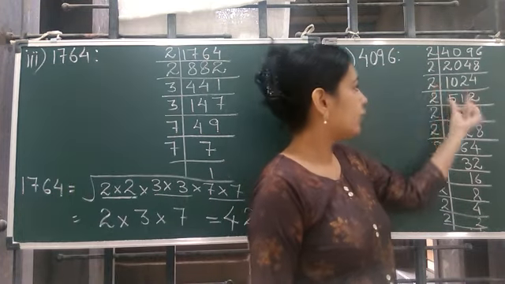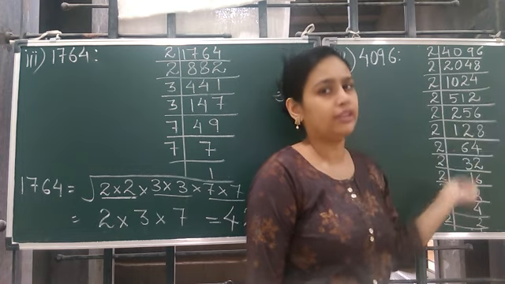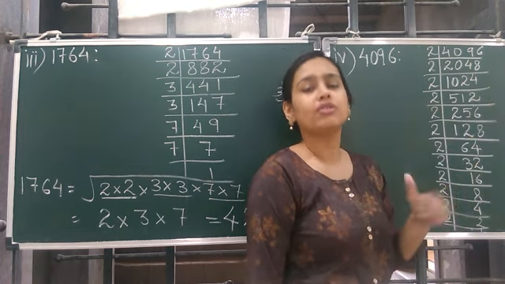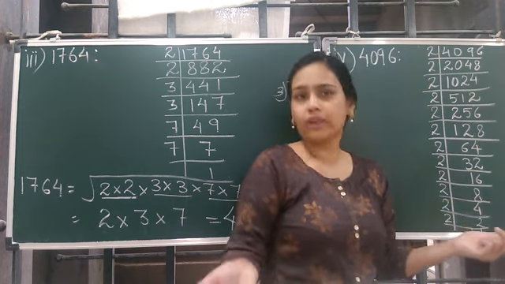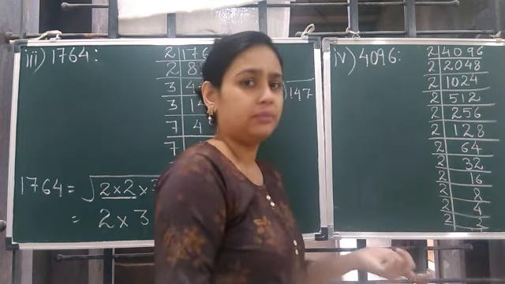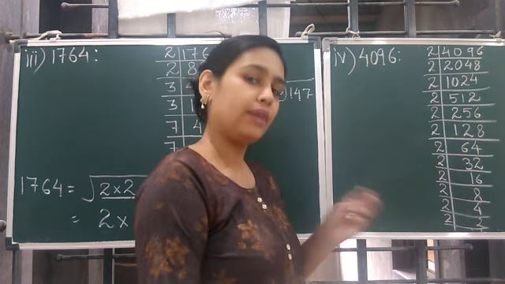Okay? If you are not able to write directly, you divide by 2 in the rough work and then you can write your answer. There's no harm. Only thing is you will take a little extra time. It's okay. You have 3 hours to write the paper, so you can always take your time. Why do you want to always complete the paper in a hurry? We will do it calmly.